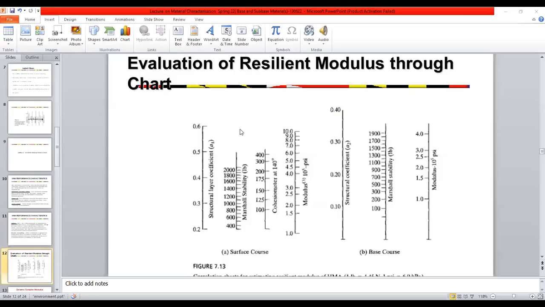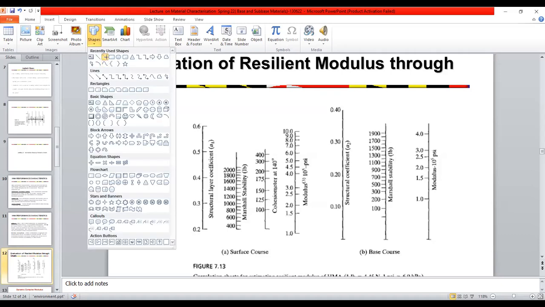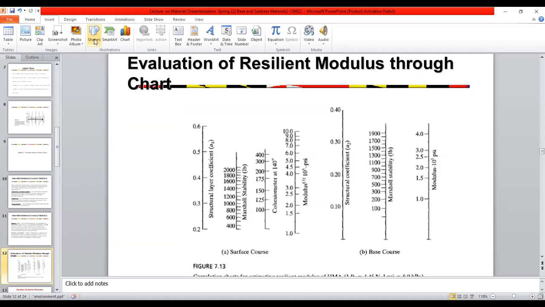For a Marshall stability, normally we have the minimum requirement of 1000 kg. So if we have this around 2200 pound, we can use this 4.5 into 10 power 5 modulus.